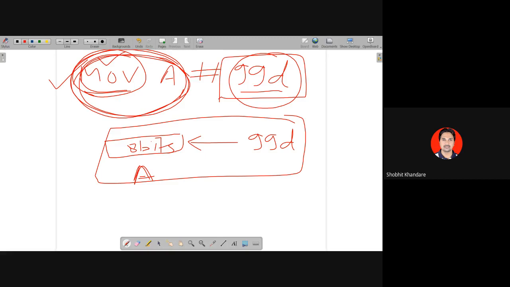This is the immediate addressing example. Okay, now there is one more important point here: how do you identify whether it is immediate addressing or not? Only when you see hash. Whenever you see hash, you can tell that this is an immediate address. So always remember, hash indicates the number is data. If there is no hash, what does it mean? We will see in the remaining addressing modes.